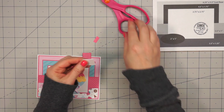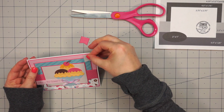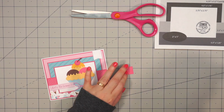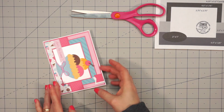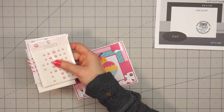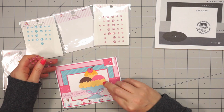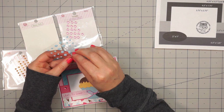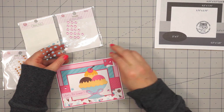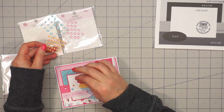And then just a little extra embellishment. I have two small banner dies, one in the white pearlescent paper and then the other in just this pink cardstock. I cut the pink one just a little bit shorter and I'm just layering them on that upper right hand corner. I'll just finish off the card using an assortment of Queen & Company bling. I'm never sure exactly which bling I want to use, so sometimes I pull out more colors and then decide